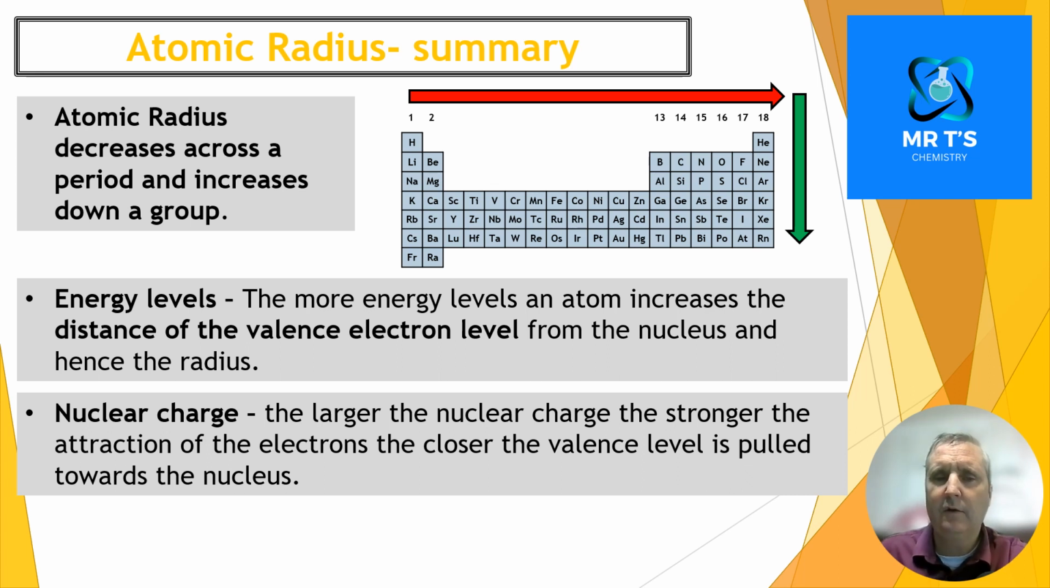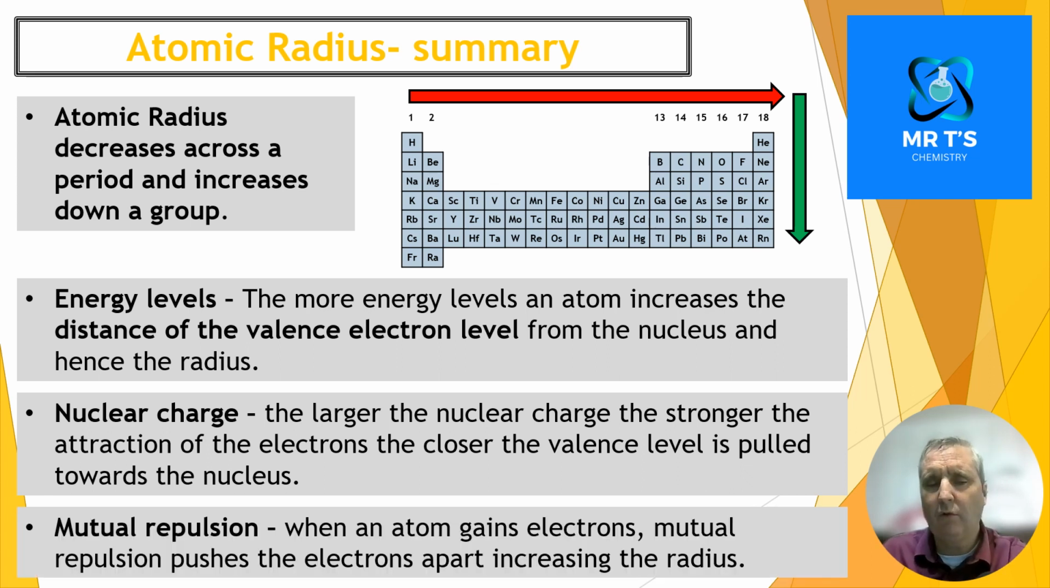Nuclear charge. As we go across a period, the atomic number increases and hence the number of protons, or the nuclear charge in the nucleus, increases. This creates a stronger attraction to the valence electrons and that level is pulled closer to the nucleus, reducing the radius. Mutual repulsion. Remember, when we go from an atom to a negative ion, an anion,